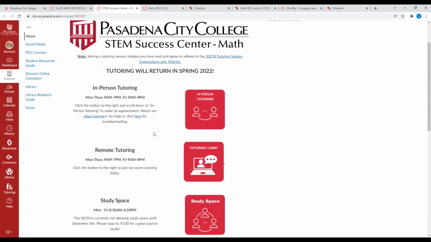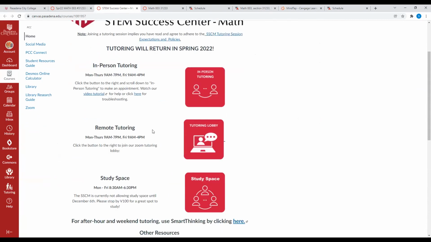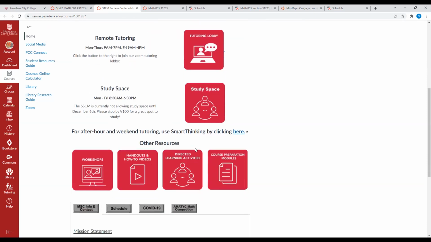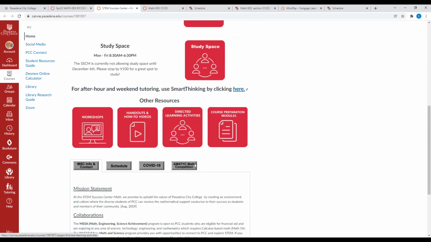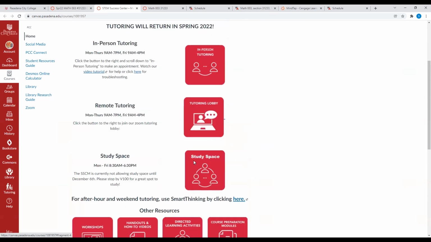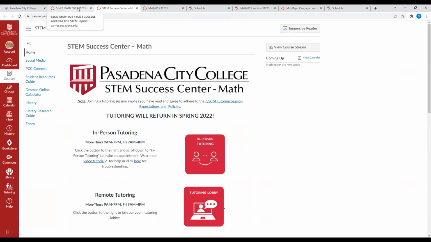So let's just say you're not able to attend the tutoring lab in person and you want to do it remotely, then you just go into this link right here and you read it. There are workshops, they have handouts, they have other things if you want to participate or take advantage of their services. Okay.